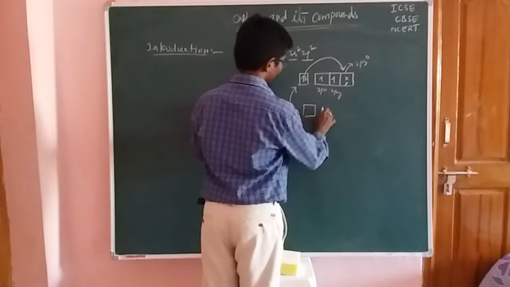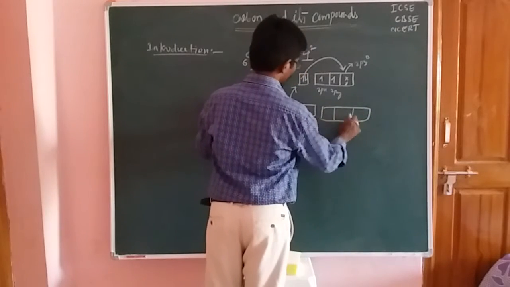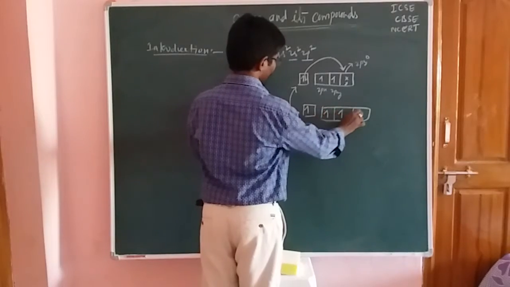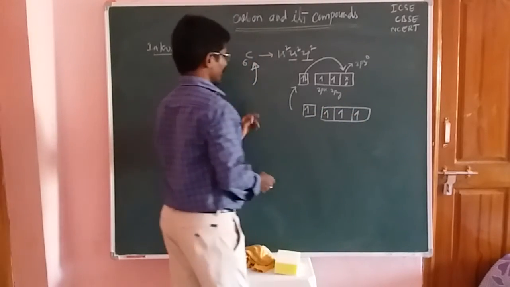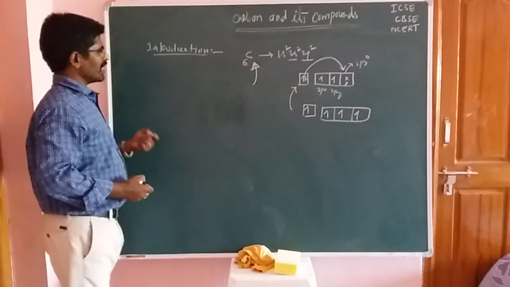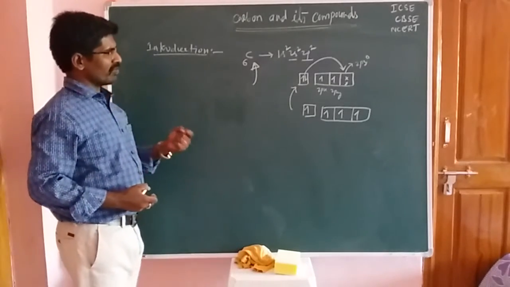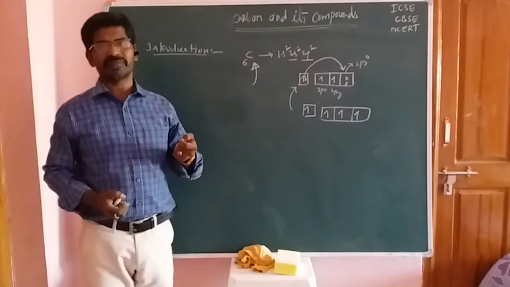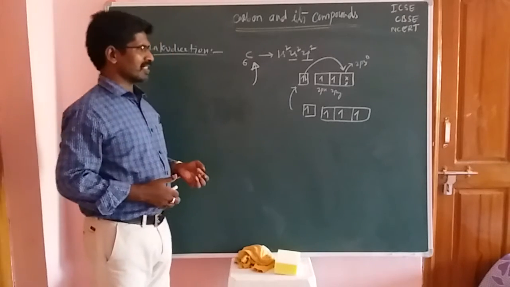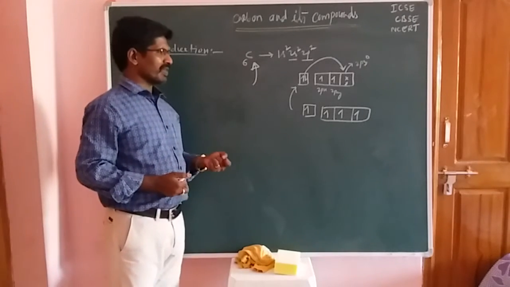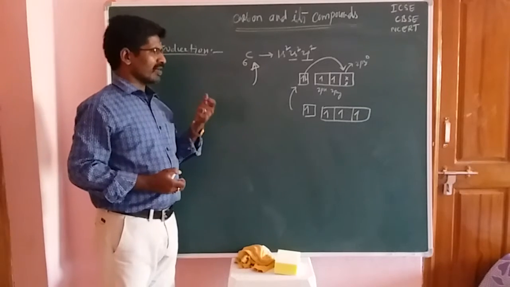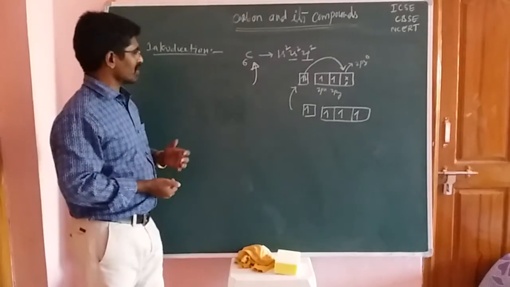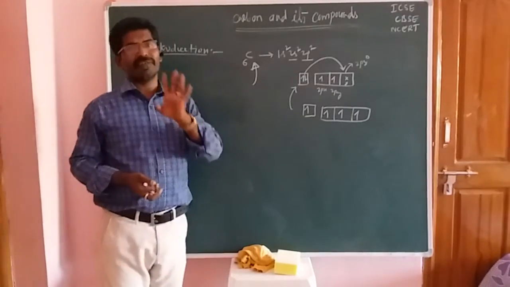Now the 2s orbital, then the 2p orbital, with 1 electron here, 1 electron here, and 1 electron next. Now each and every orbital has a single, unpaired electron. So in the excited state, the carbon atom has 4 unpaired electrons. That means a carbon element can form 4 bonds.